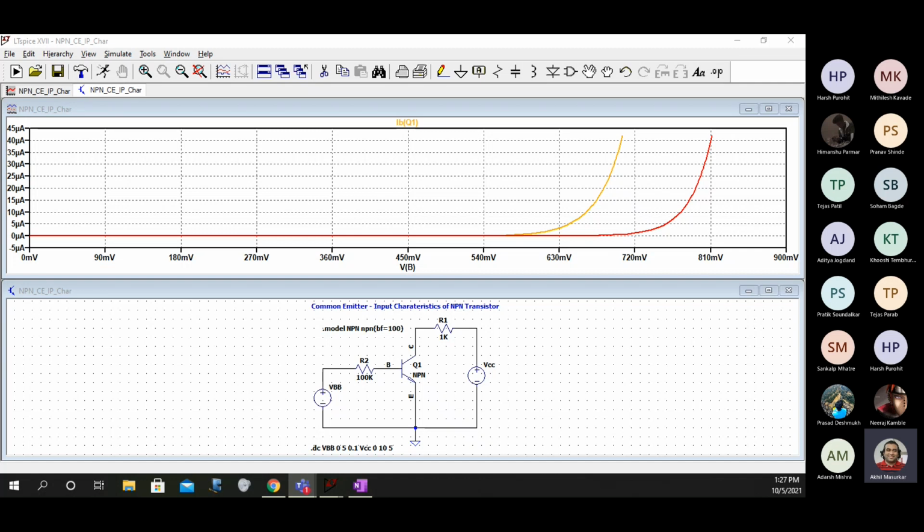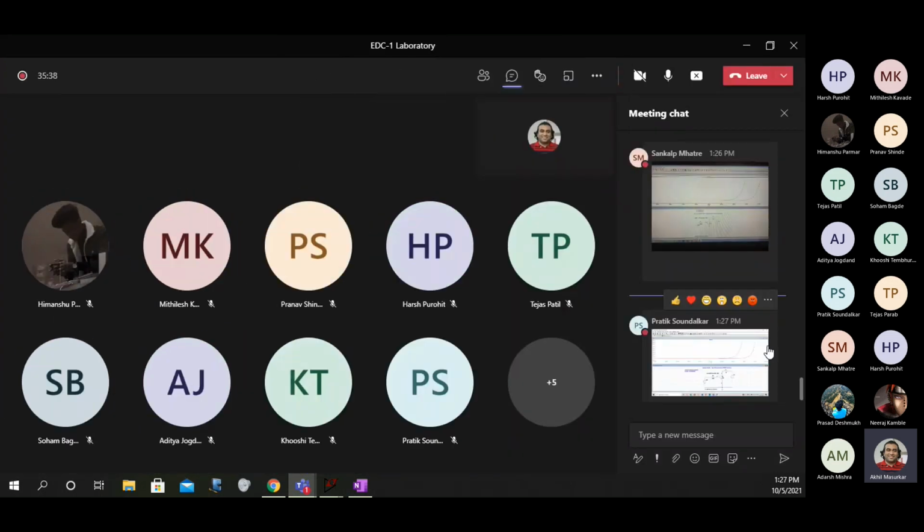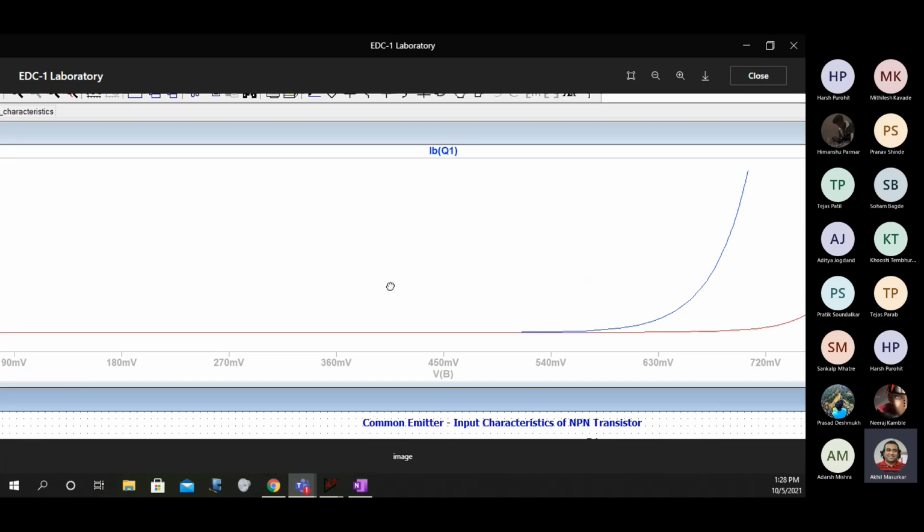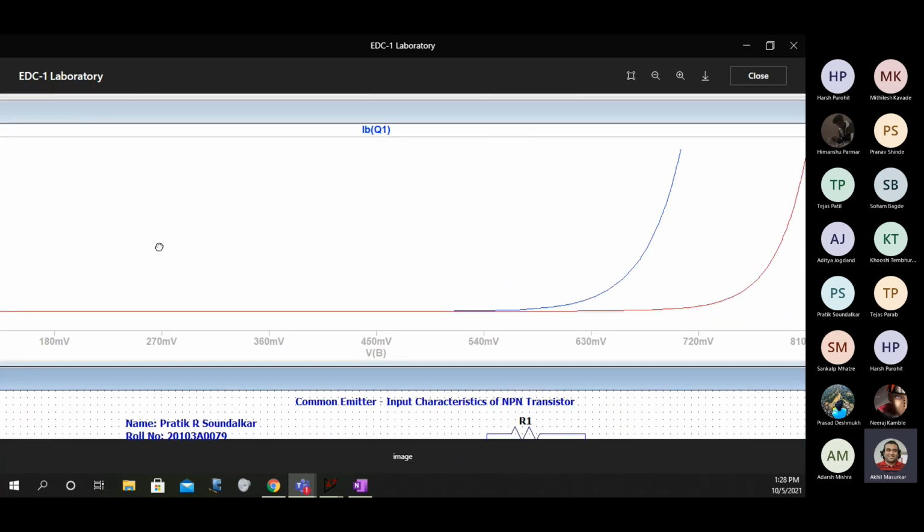Okay, Pratik, output is correct. Good. Pratik, do one thing. Your output is correct, but just keep your grid on. Keep grid on. Output is correct.